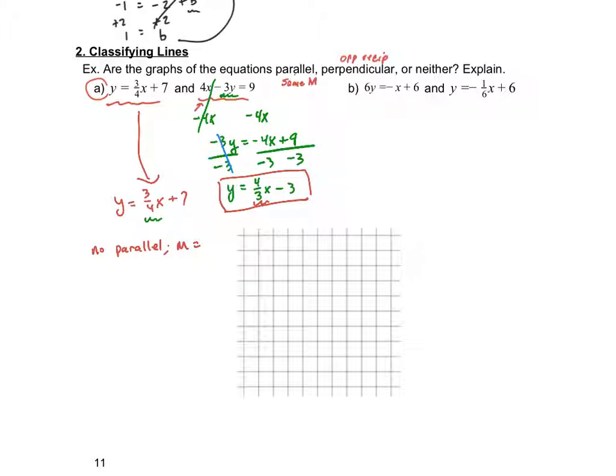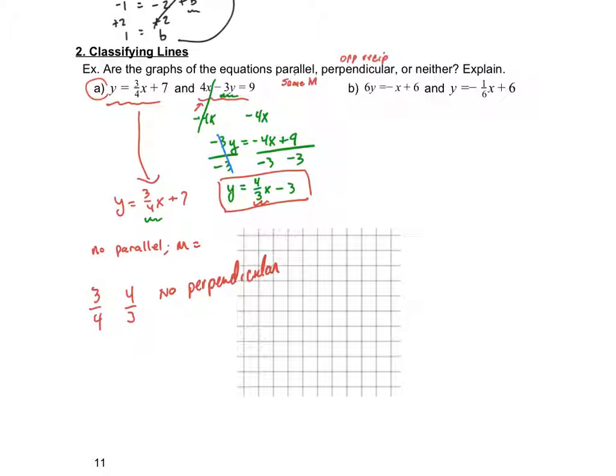Now, are they opposite reciprocals? Well, if I have 3/4 and I multiply that times 4/3, it should give me a -1. Well, they are reciprocals. I can just look at this and tell you, hey, it's a reciprocal. 4/3 is a reciprocal of 3/4, but it is not the opposite reciprocal. So it's not perpendicular either. It's just going to be neither, because they are two equations of a line. They have slopes, but they are neither parallel nor perpendicular, so they are going to intersect somewhere along the coordinate